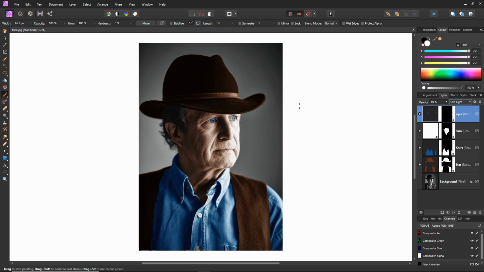Okay, we can now look at coloring the background, and in this case I'm going to color the background a color that complements John's shirt. And to do this, I'm going to use my color picker on a color palette. I'm going to left click the color picker and drag over a mid-tone of John's denim shirt. And once I've selected, just let go. And now if I left click on the circle next to the color picker, it's applied as my primary color. And now if I double click that,